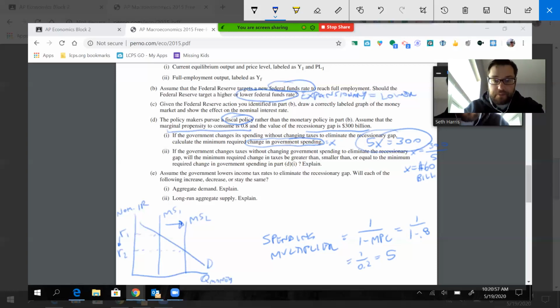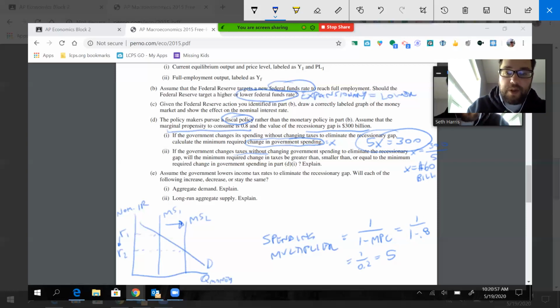would need to spend. All right, part two of this, part D, if the government changes taxes without changing government spending to eliminate the recessionary gap, will the minimum required change in taxes be greater than, smaller than, or equal to the minimum required change in government spending in part D1, and then explain. Okay, well,